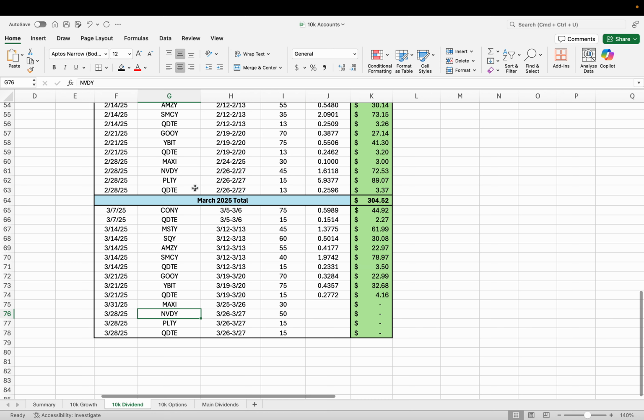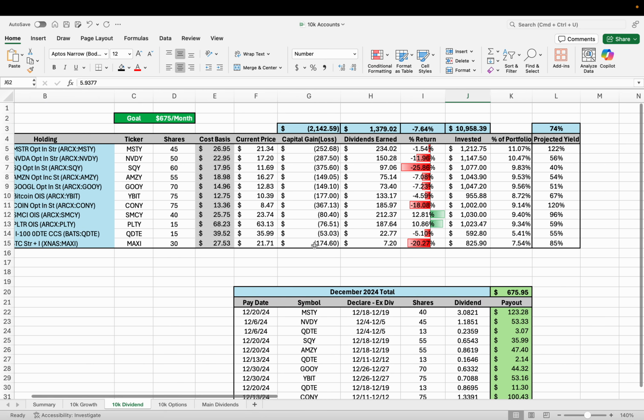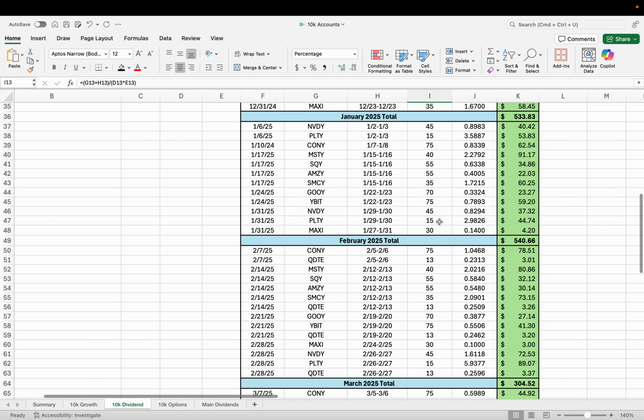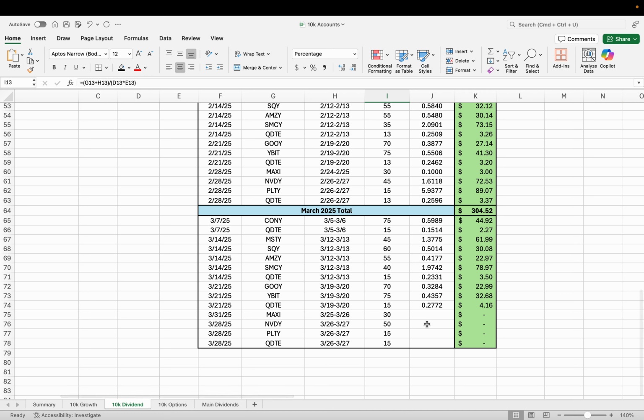MVDY and PLTY. If we look up here in February, $1.61 for MVDY, and then a massive $6 for PLTY. Now, I don't expect PLTY to pay $6 every single month. However, PLTY, again, if we take a look up here, is one of the few funds that has been performing fairly well, right? It's one of only 2 funds that are in the positive at an 11% total return. And so I think PLTY has a very good chance to pay a very high dividend,